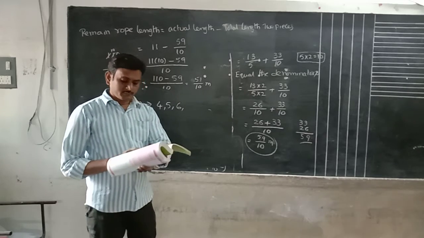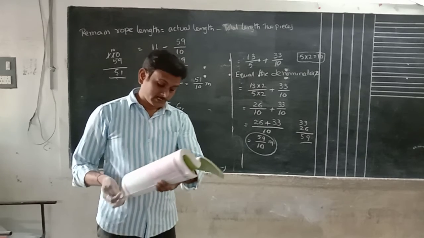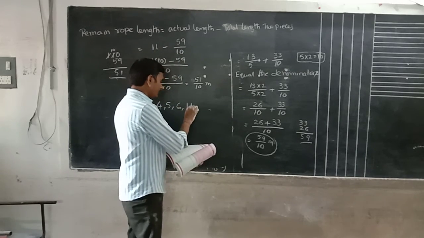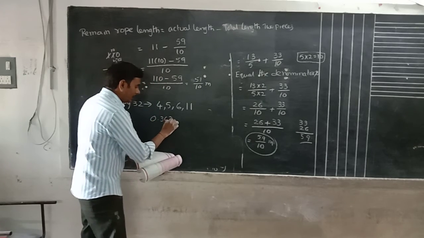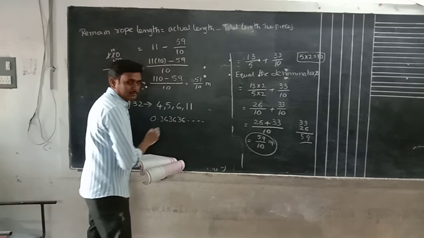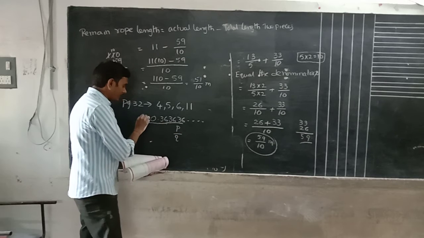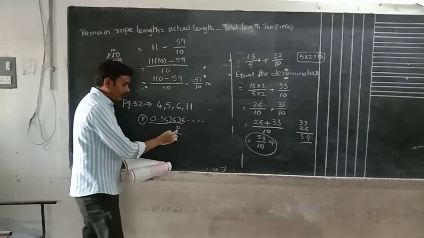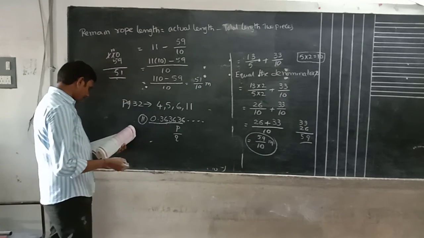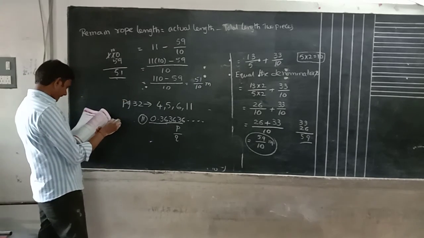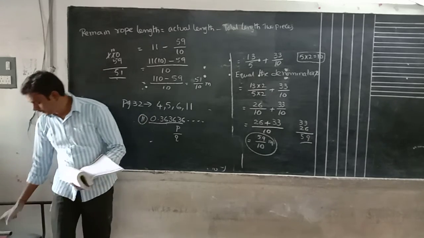The area of rectangle question, and the last question, the 11th question. What is given here? Convert into P by Q form, as in 3 6 and so on, and find the P value and Q value. Try yourself. These four questions are homework.